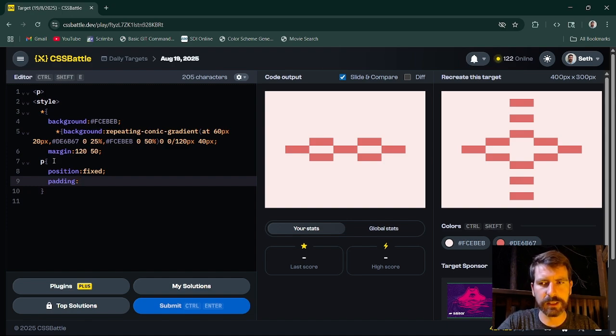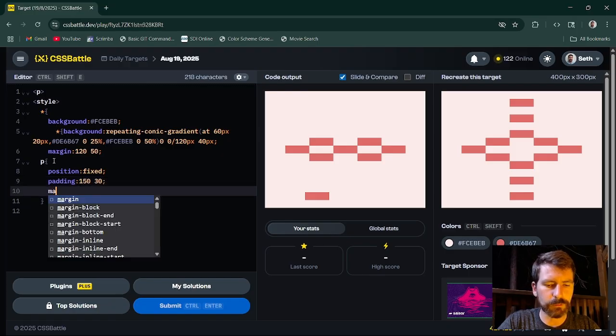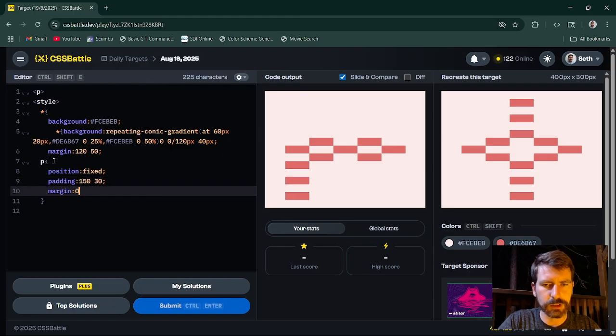We can just be like 150 on the height and 30, margin 0. Okay, negative 100 somewhere about right, and 0, 50,